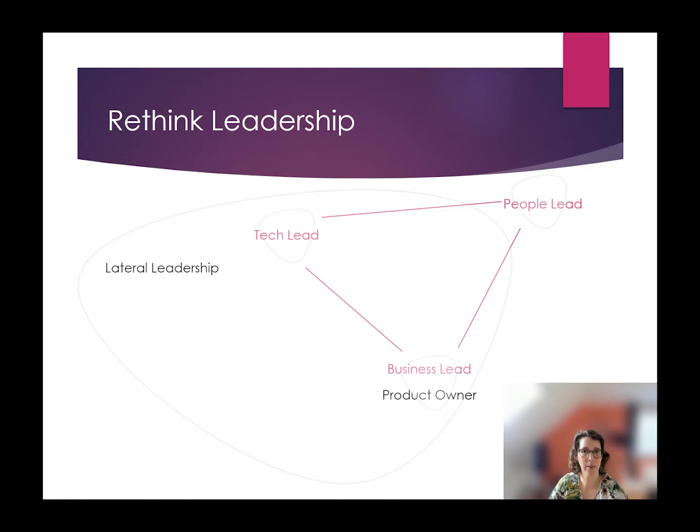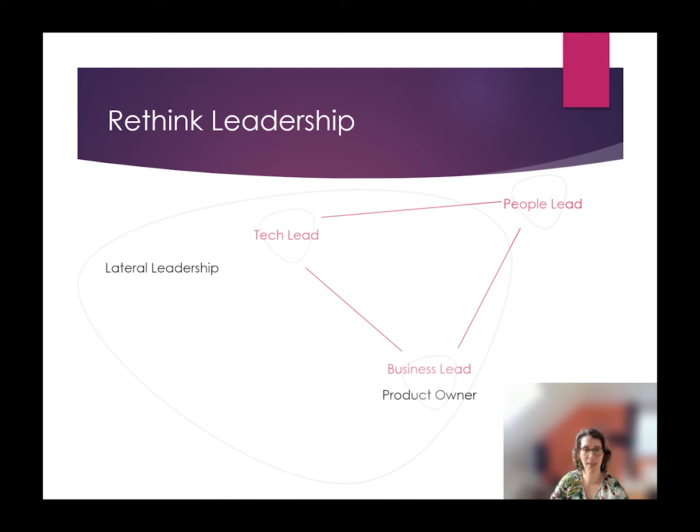Because usually the business owner has a very good understanding on the business side, has maybe some technical understanding, but usually is not as technically good as the tech lead and vice versa. So this is where it makes sense to also maybe think about splitting this role. And it's then a triangle basically of leadership, right? So there are like three people, not only one, that are supporting each other and that are making sure that the organization is going in the right direction.